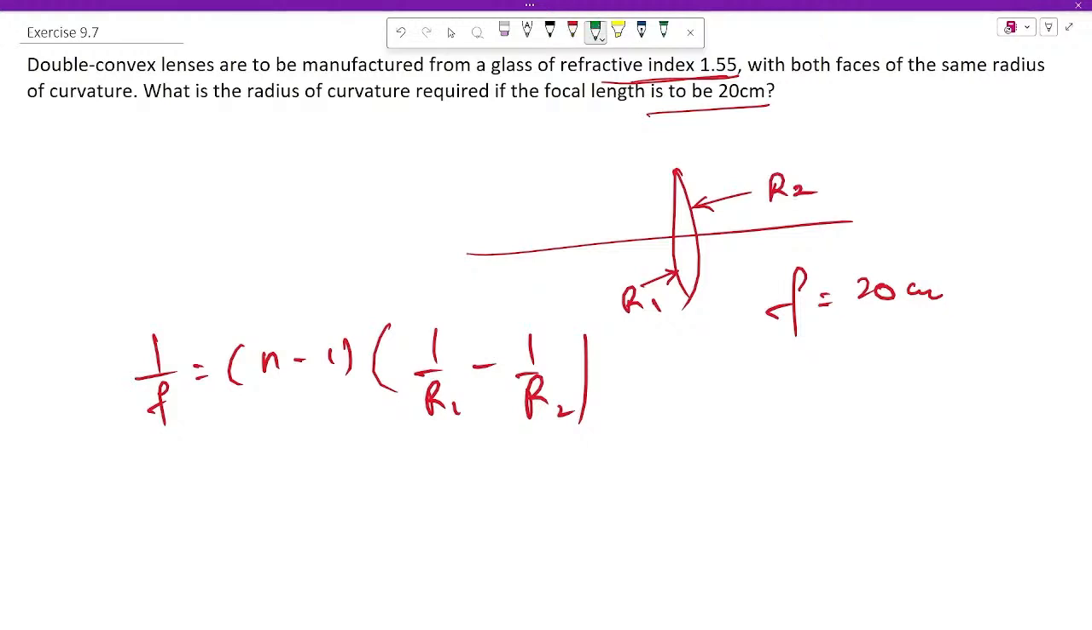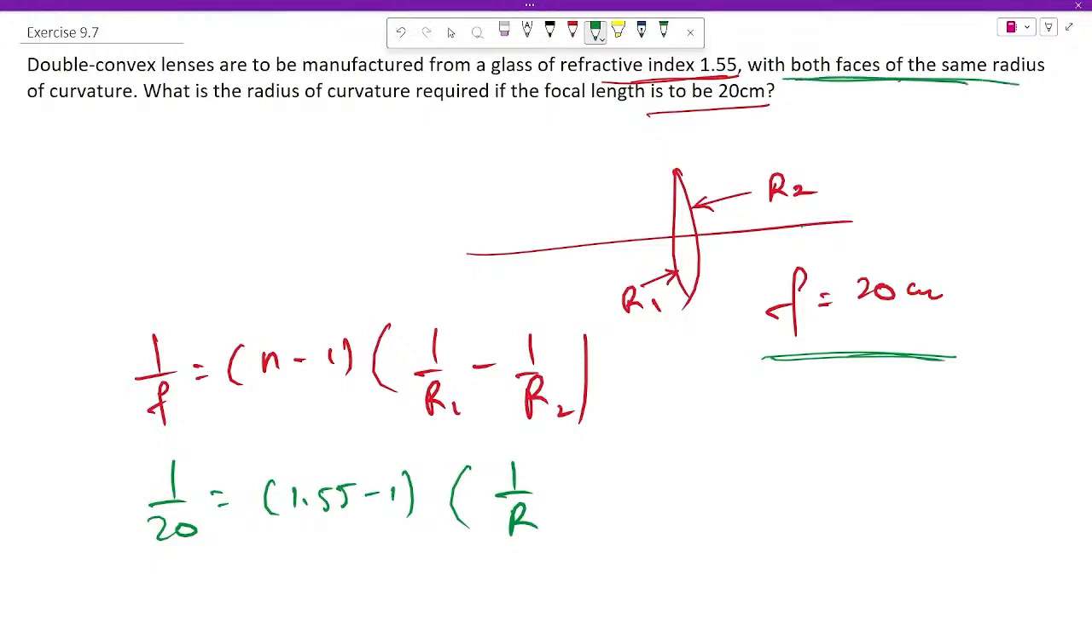Substituting the values, since it is a convex lens, the focal length is going to be positive. So 1/20 would be equal to, refractive index is given, that is 1.55 minus 1, times (1/r1 ...). Here r1, the radius of curvature, is measured from the right hand side because it is curved and its center would be in the right side, so it is going to be positive. So 1/r. Since r1 and r2 magnitudes are going to be the same, because it is given that both faces have the same radius of curvature,